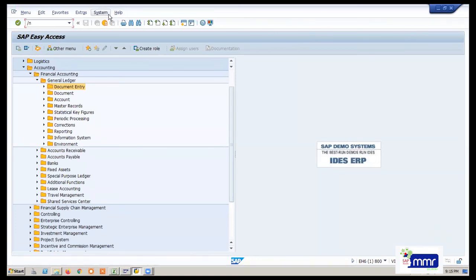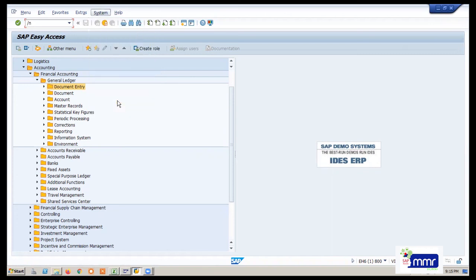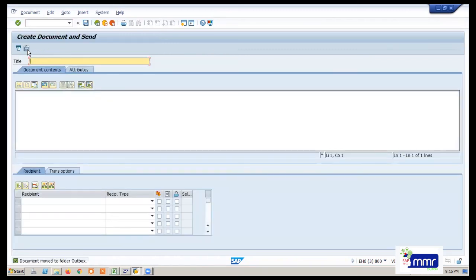In the short message, right? You're asking while sending. Yes, in the short message there is an attachments option, but I didn't show you that. Here you can see attachments. You can attach external documents, many of them, and send them to that person. So he will see the attachments also.